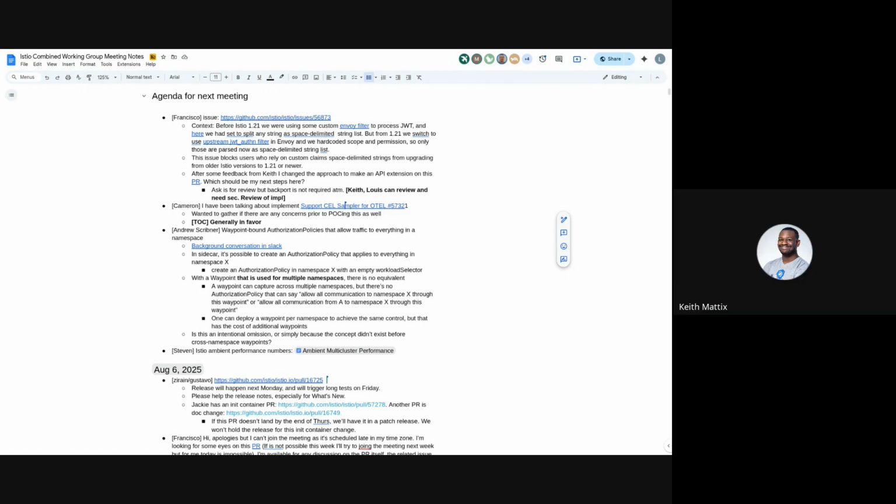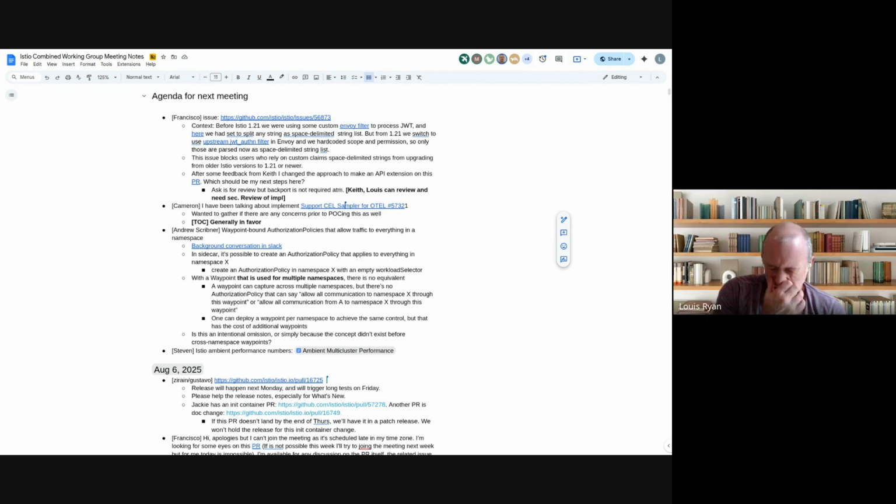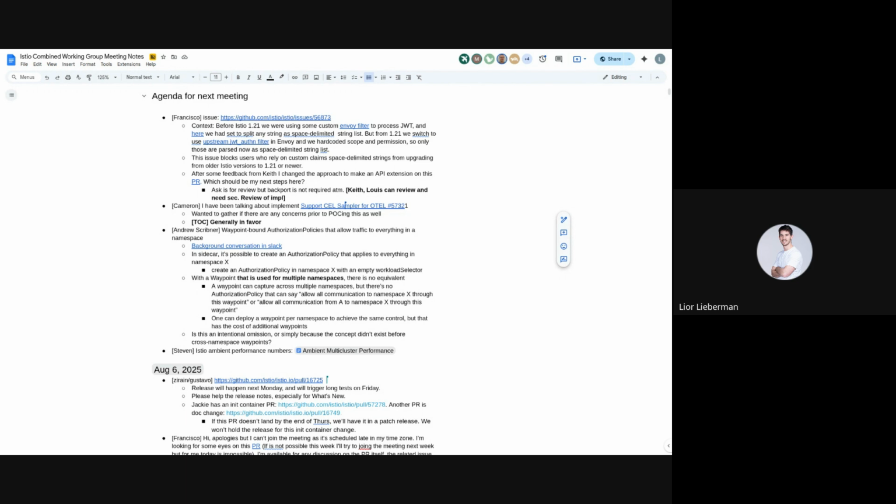I gotta say, I don't know how I feel about target ref namespace, because you don't have a way. Well, I guess we could do it in status, but you also have to make sure the namespace is annotated with use waypoint or something. It gets tricky to try to track down what's being captured. The status would have to be quite explicit. But yeah, we have the same problem with service right now.